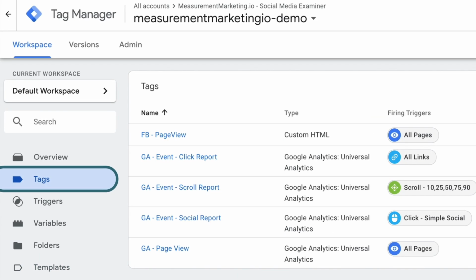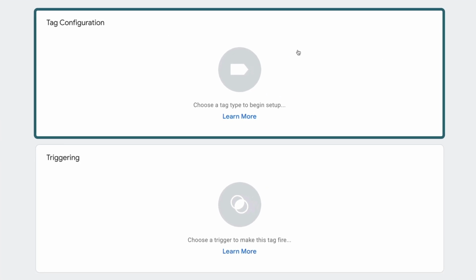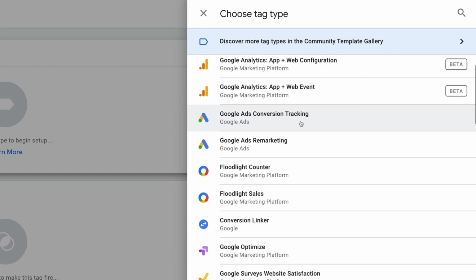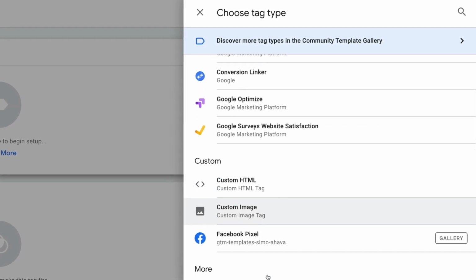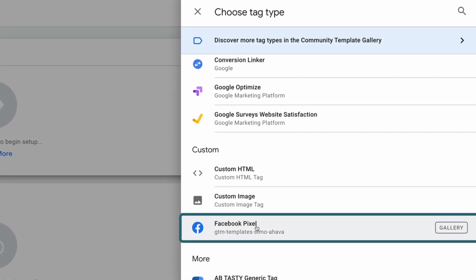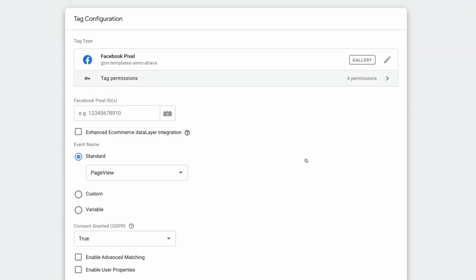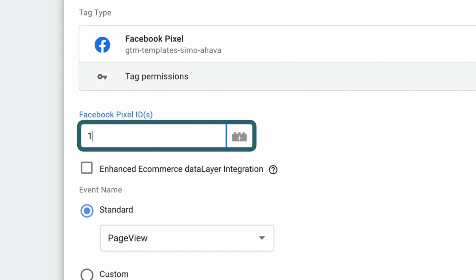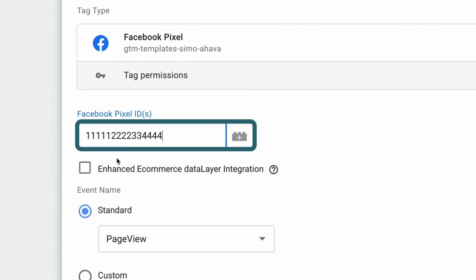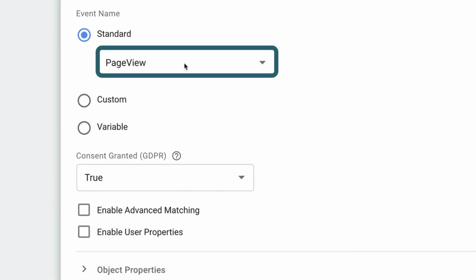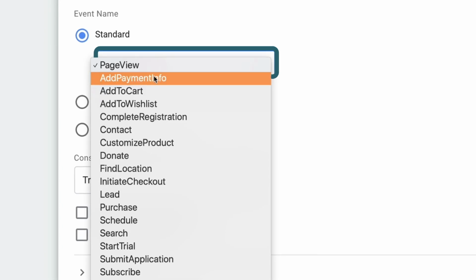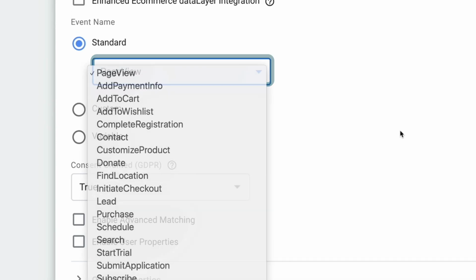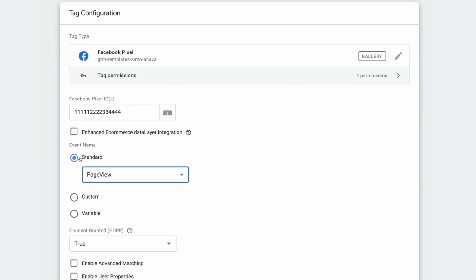We're going to create a new tag, only this time I'm going to do the new Facebook way of doing things. So we're going to click into this tag configuration, and I'm going to find this by scrolling down just a little bit to where it says custom, and it says Facebook Pixel there now. We click on Facebook Pixel, and now you can see it's a lot different. Instead of pasting in the script, all I need to do is just put in whatever my account number is, put in the pixel ID, and then I say, great, do a standard page view pixel. What else can I do? I could do an add to cart. I could do a lead. I could do a purchase. Countless different Facebook events I can fire. But I'm just going to do a standard page view pixel for now.